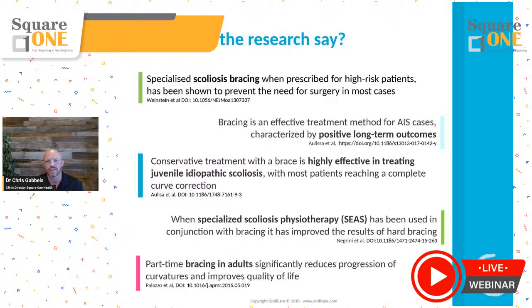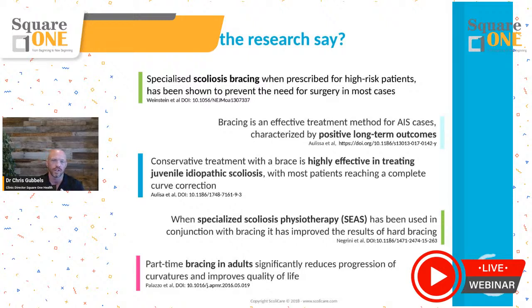So what does the research actually say about scoliosis bracing? Scoliosis bracing, when prescribed in high-risk patients, has been shown effective in preventing curves from progressing to surgical levels. Bracing is an effective treatment method for adolescent idiopathic scoliosis and has positive long-term outcomes. Conservative treatment with bracing is highly effective in juvenile idiopathic scoliosis, and juveniles, anyone from 4 to 10